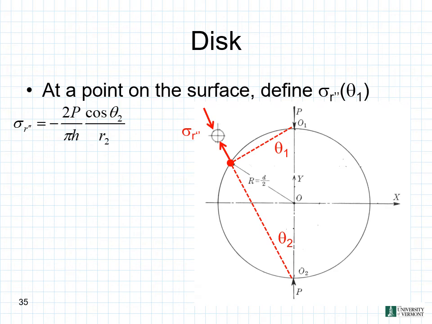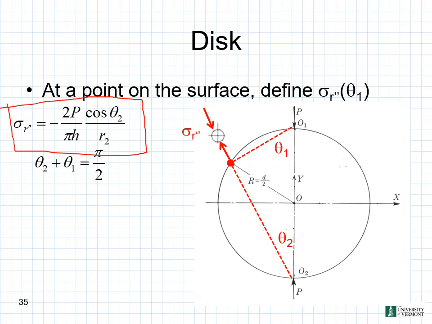So at a point on the surface, we can define here our sigma r double prime of theta 1. We can see here we have to do a little bit of trig over here. We come out to this point over here where our p is over there. You can see our theta 1 and our theta 2 coming off from our top load and our bottom load over there. We see this relationship now given to us that our sigma r double prime is equal to negative 2p over our pi h times the cosine of theta 2 over our r2,